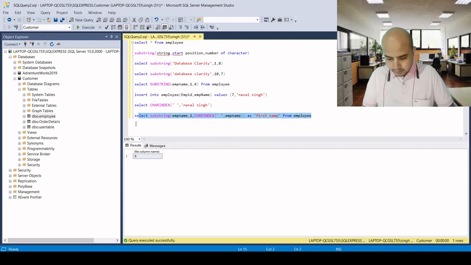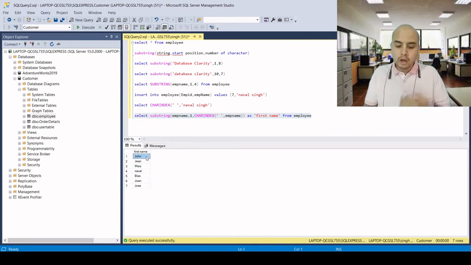Let's see what we get without minus 1 as the first name. Here you can see that we extracted the first name from all the names, and here we are getting the full name of Naval.